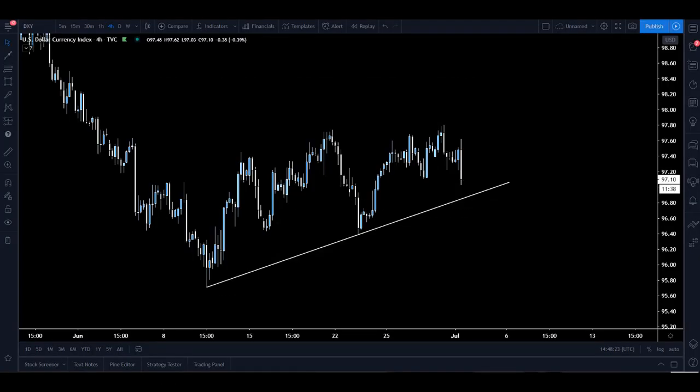We hope you are really good, and it's the first of the month, 1st of July 2020, and the first day of Q3, the third quarter. So let's hope it's a good month and a good quarter. Just looking at the dollar index right now. Actually, just while I'm on the dollar index,